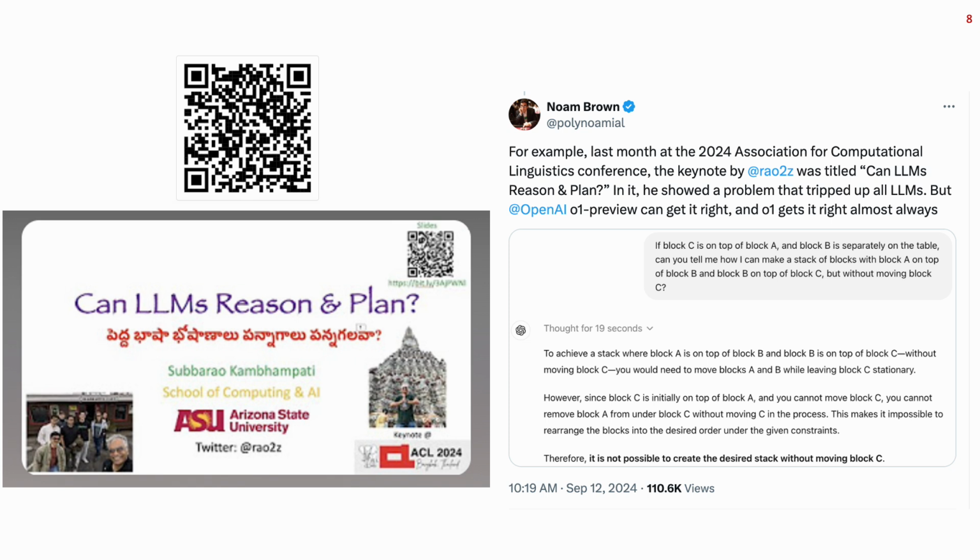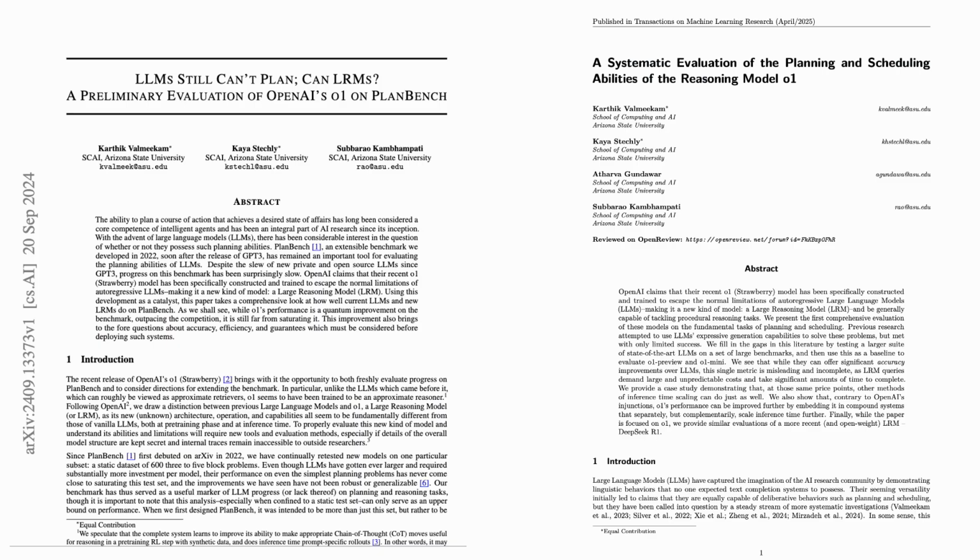So the question is, up until then, remember I was showing these pictures of how, as new models come, we check how they're doing on PlanBench, and they were all doing pretty badly on this tree domain in particular, and slightly better as time went on on Logistics-type domains. So when O1 came, just before that, in August, I was at ACL, and I gave a keynote at ACL about planning and reasoning models. There I used a simple example to show, anecdotally, that LLMs fail to do planning.